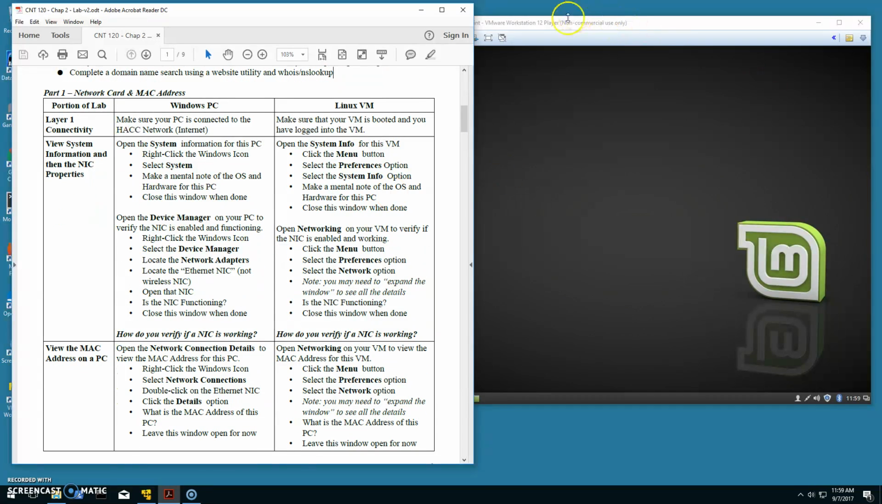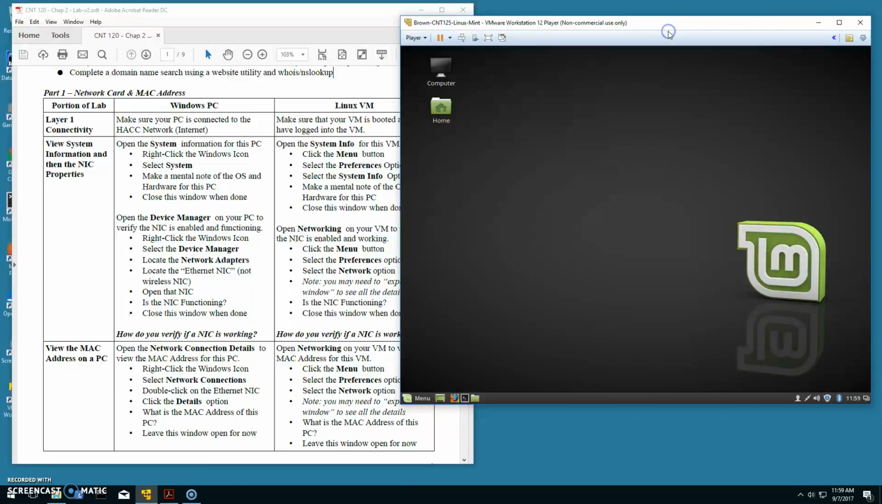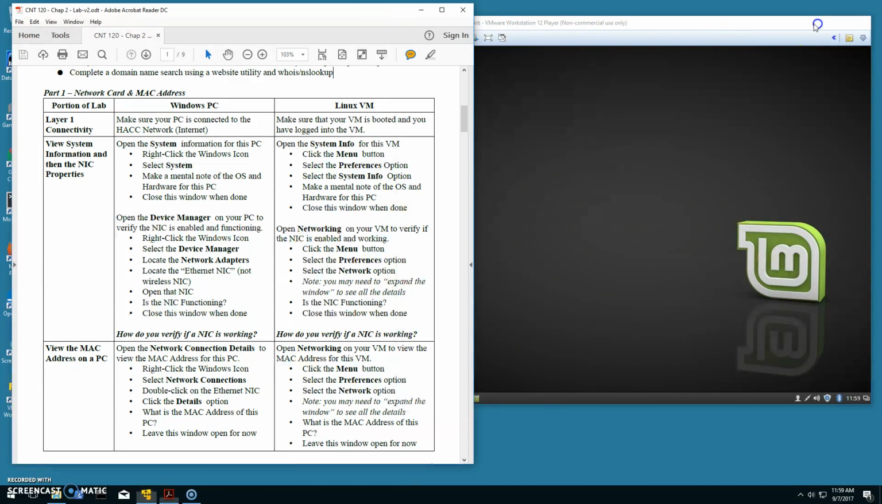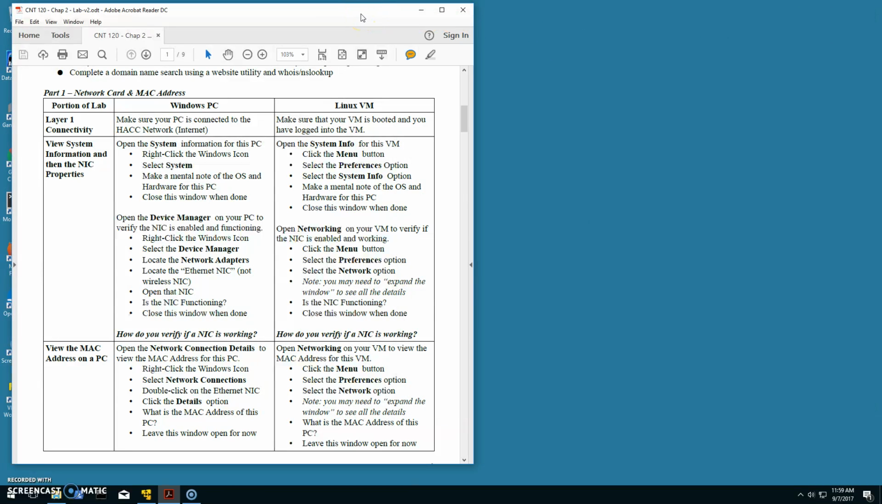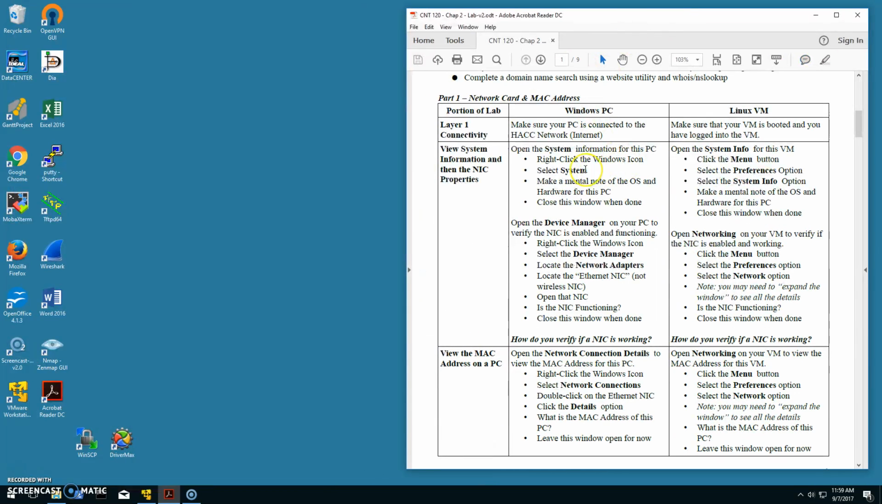All right. So let's start on, I have my lab up here. I have my virtual machine up and running. I'm just going to minimize that for now. Let's start with our Windows side. And we want to look at our network card and our MAC address. So to look at our